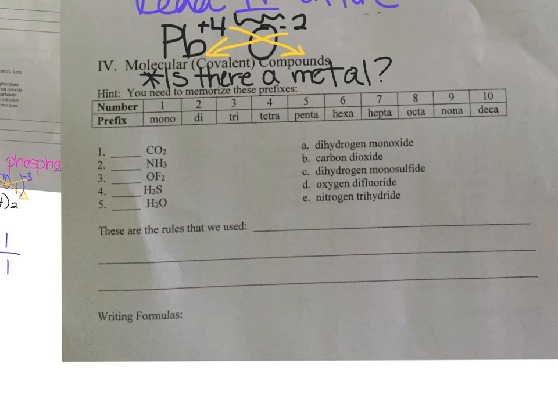Okay, because if there's not a metal, what do you know you have? Covalent. And so now you will be naming it using prefixes. So everything that you've had up to this point goes away and you are stuck with prefixes and that's it. So the most important question that you can ask yourself is there a metal? If there is, you start running yourself through the processes that you guys have been working on. If you say no, now you're going to rely on your prefixes. Okay? Prefixes